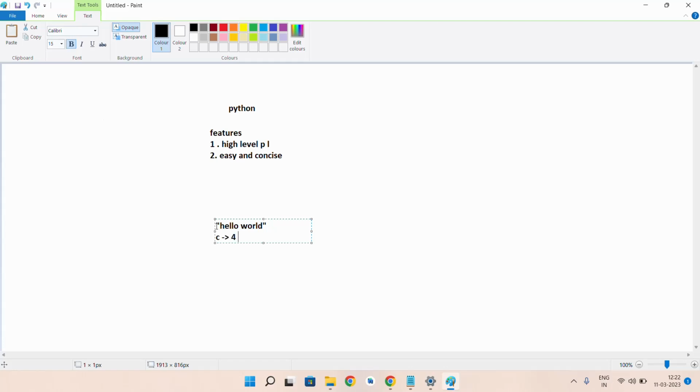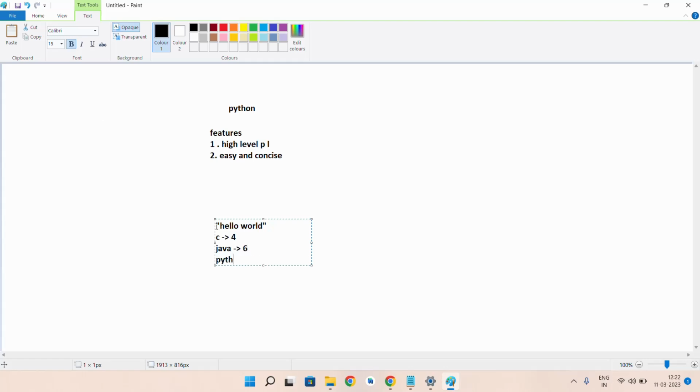We need to include the header files first, then specify the main method, and after that printf. So we require a minimum of 4 lines of code to print hello world in C, whereas in Java at least it will take 6 lines of code, like we need to specify the class and main method and so on.